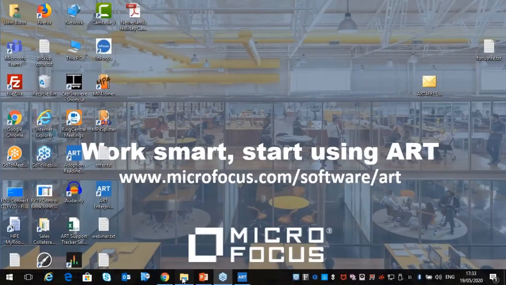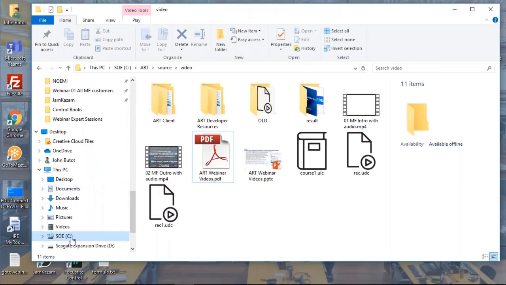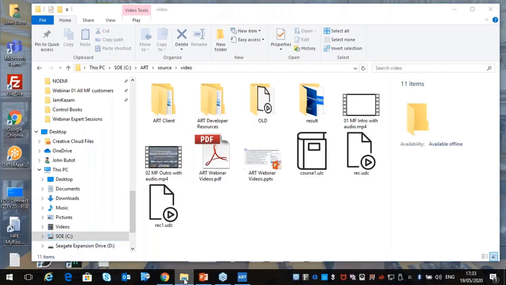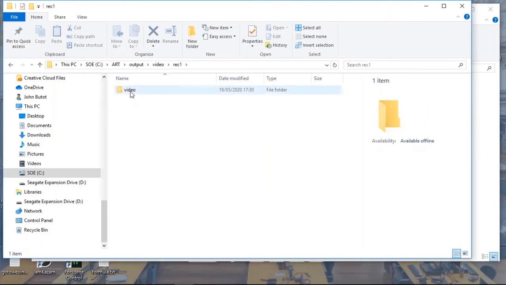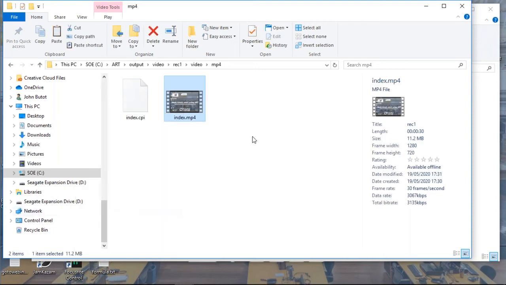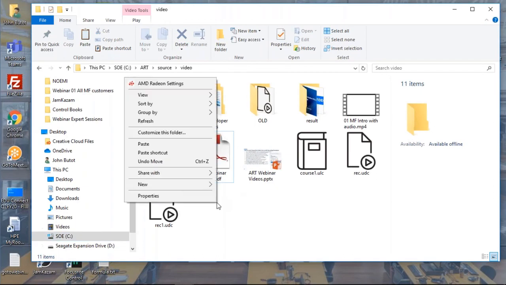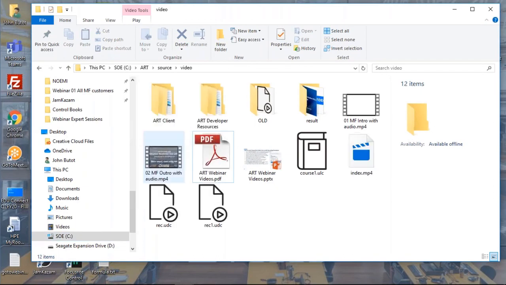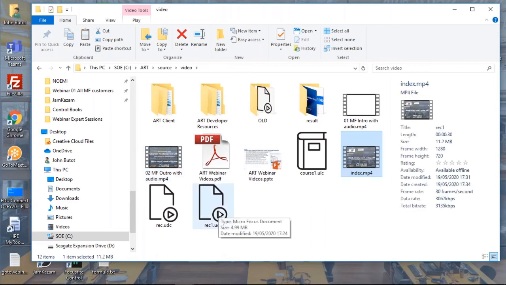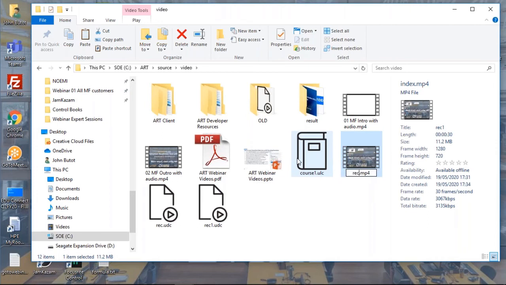So first of all, we're going to navigate to this output folder where our video has been saved. And we're going to go here, recording 1, video, MP4. And this is our MP4 video file that was generated. So let's copy this and let us copy that over here. Here I'm combining this with the other videos. I'm storing this in the same folder as the other videos. So let's rename this, for example, to Rec 1